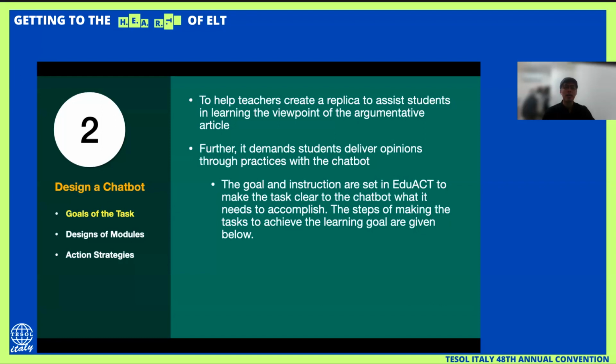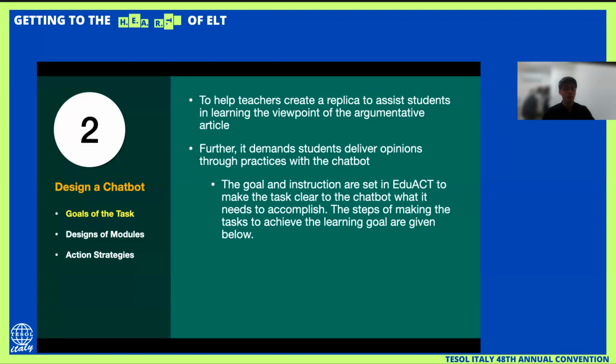So the article can be input into the EduAct, the chatbot, for the student as a reader to read the article before or in class. And further, it can demand students to deliver opinions through practices with the chatbot.